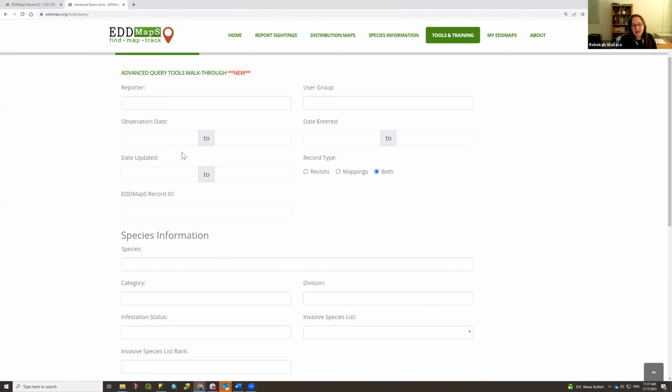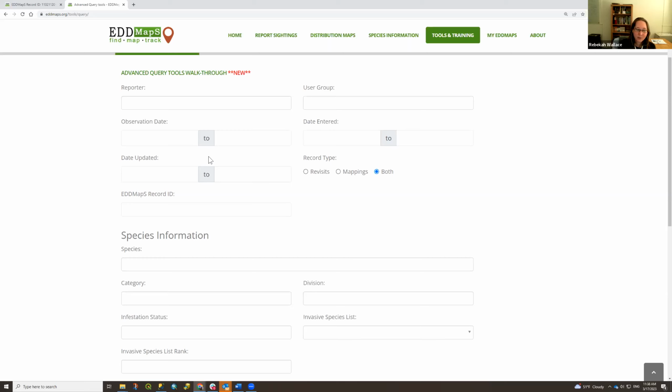And so you can download the data in the area you're interested in, say by year, and compare the records that are coming out from there. So you can use this tool to help you get that information.